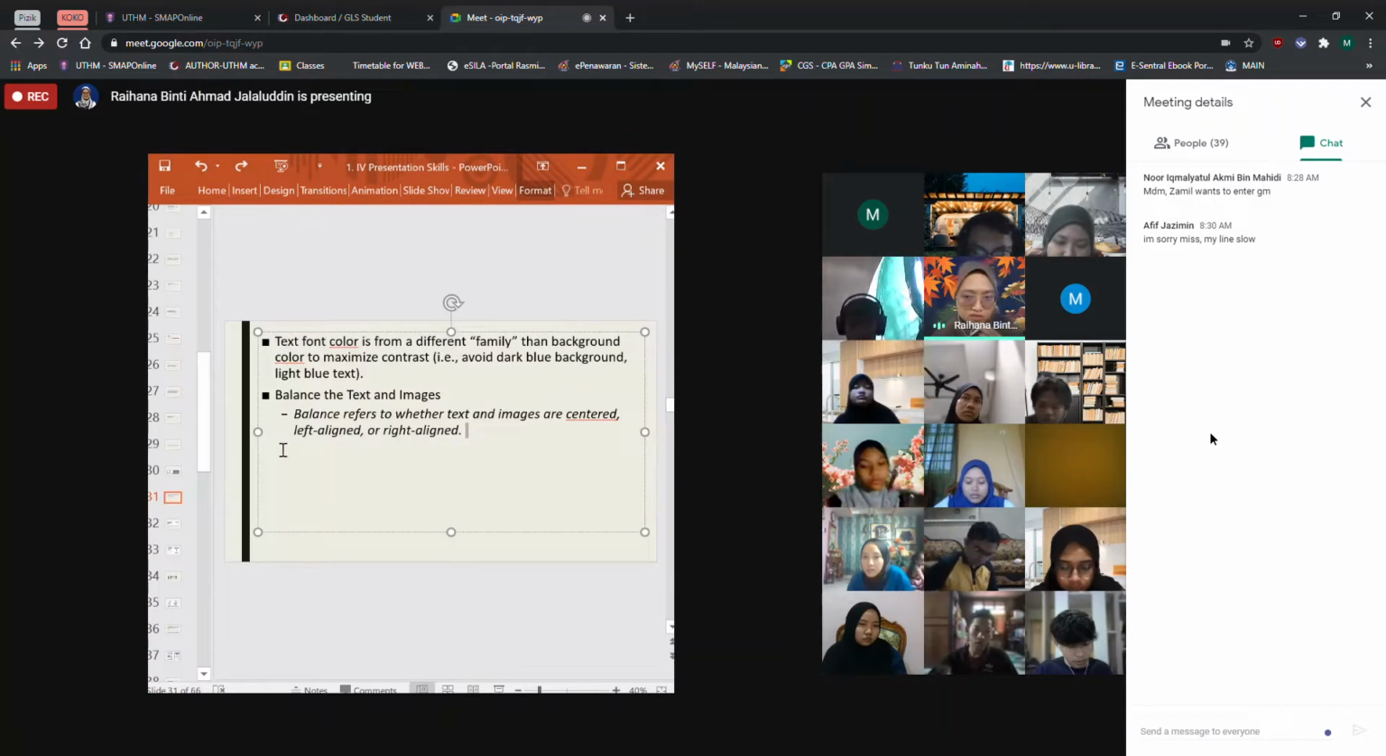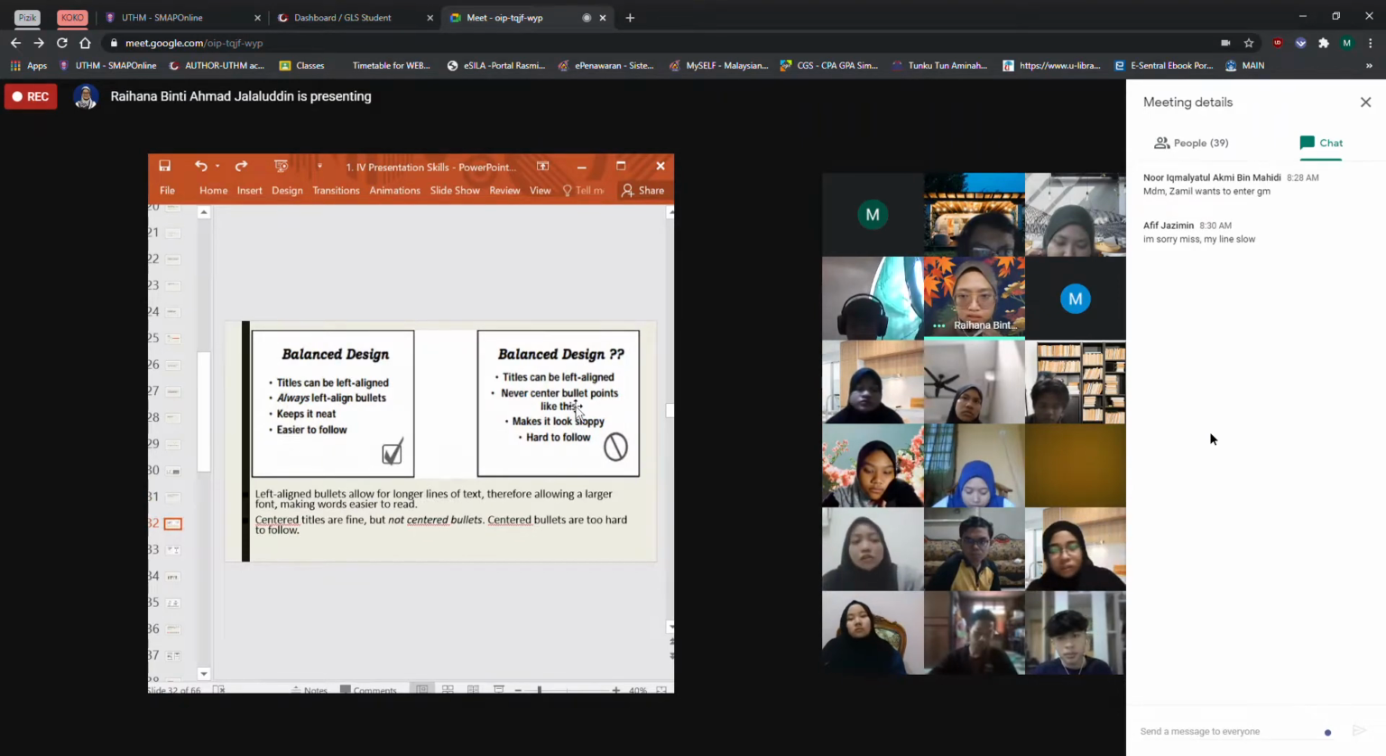Balance the text and image. Center, left align or right align is like this. Okay, like this and this one. Left align bullets. The bullets or the points should always be left aligned so that it's easier for the audience